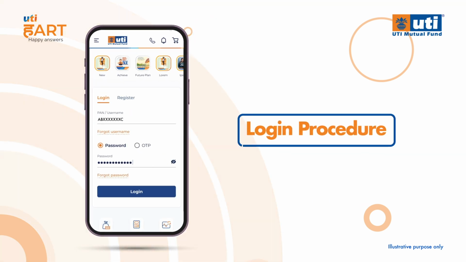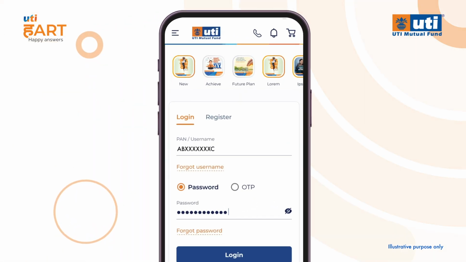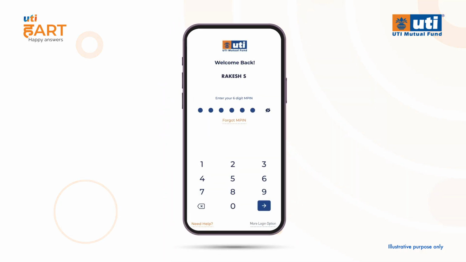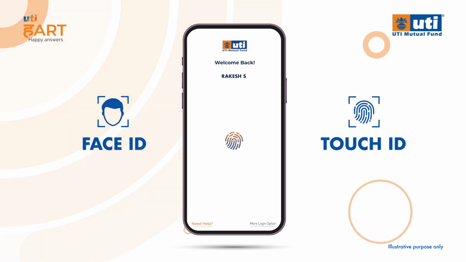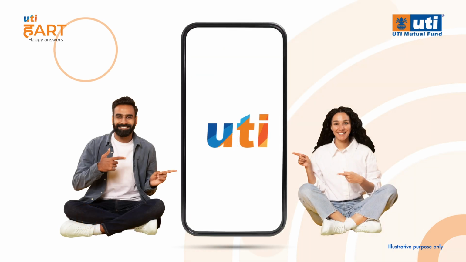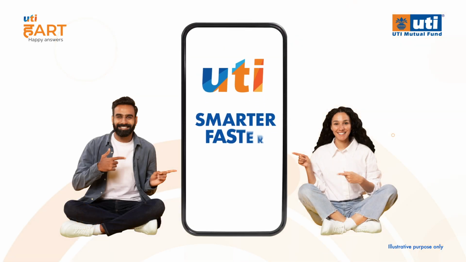Now that your registration is done, you can log in via multiple modes using your username or PAN. If you have set up your MPIN or enabled Face or Touch ID, then for subsequent logins, you can just use those for faster login. It is that easy. Now, you are ready to begin your investment journey with the new UTI Mutual Fund Investor